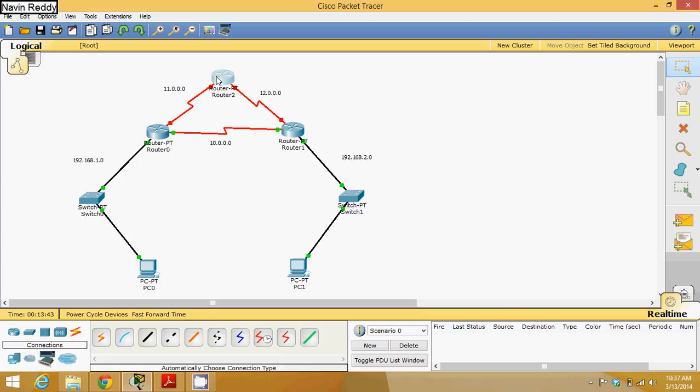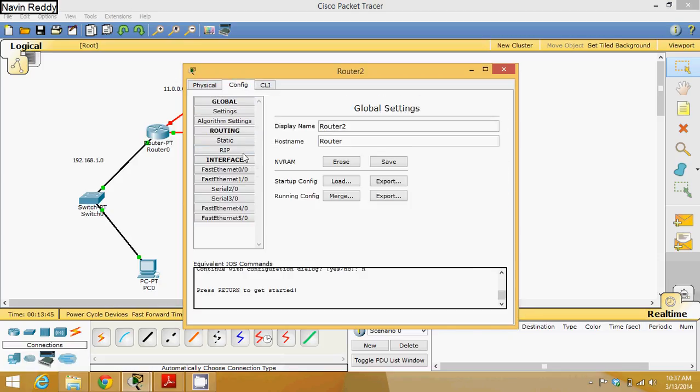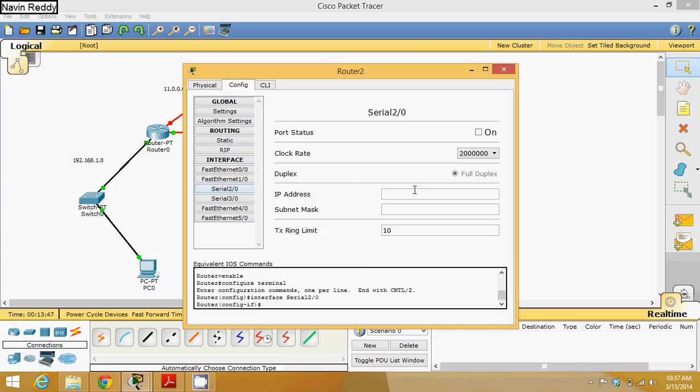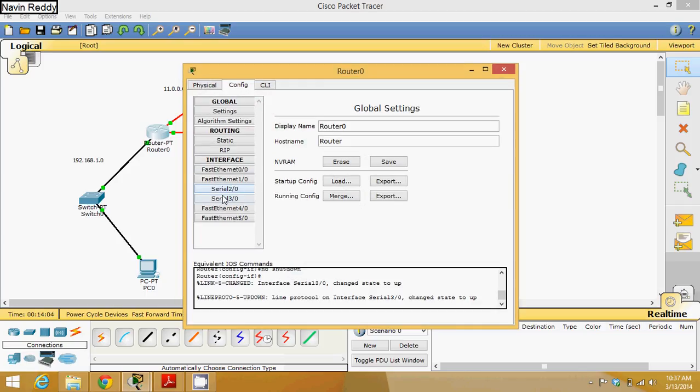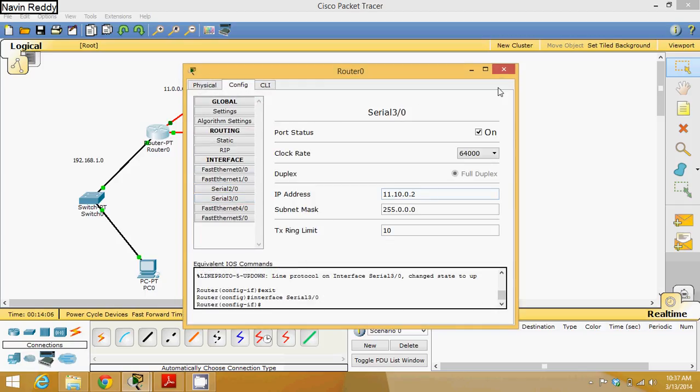Now you have to configure this router. Configuration serial 2/0, and it will be 11.10.0.3 mask, and on this side we don't have a clock, so clock not set and on. So on this side, when you talk about this serial 3/0, this is 0.2, that is 0.3. Okay, so now